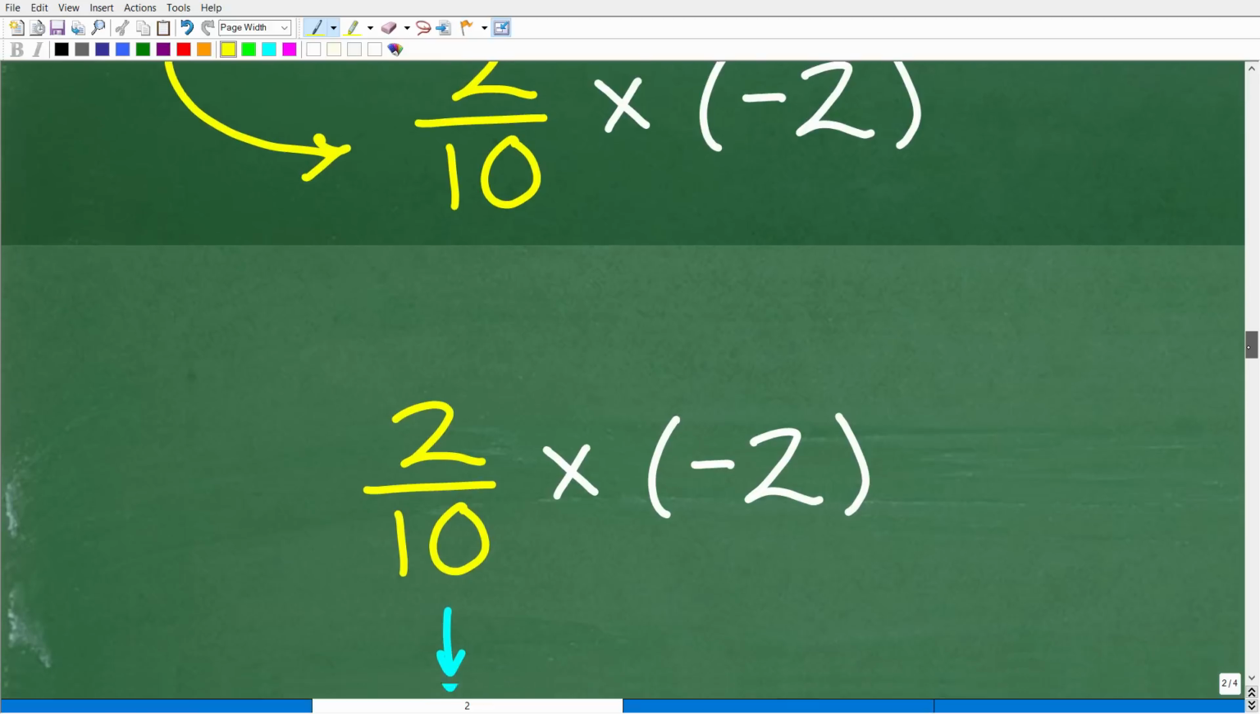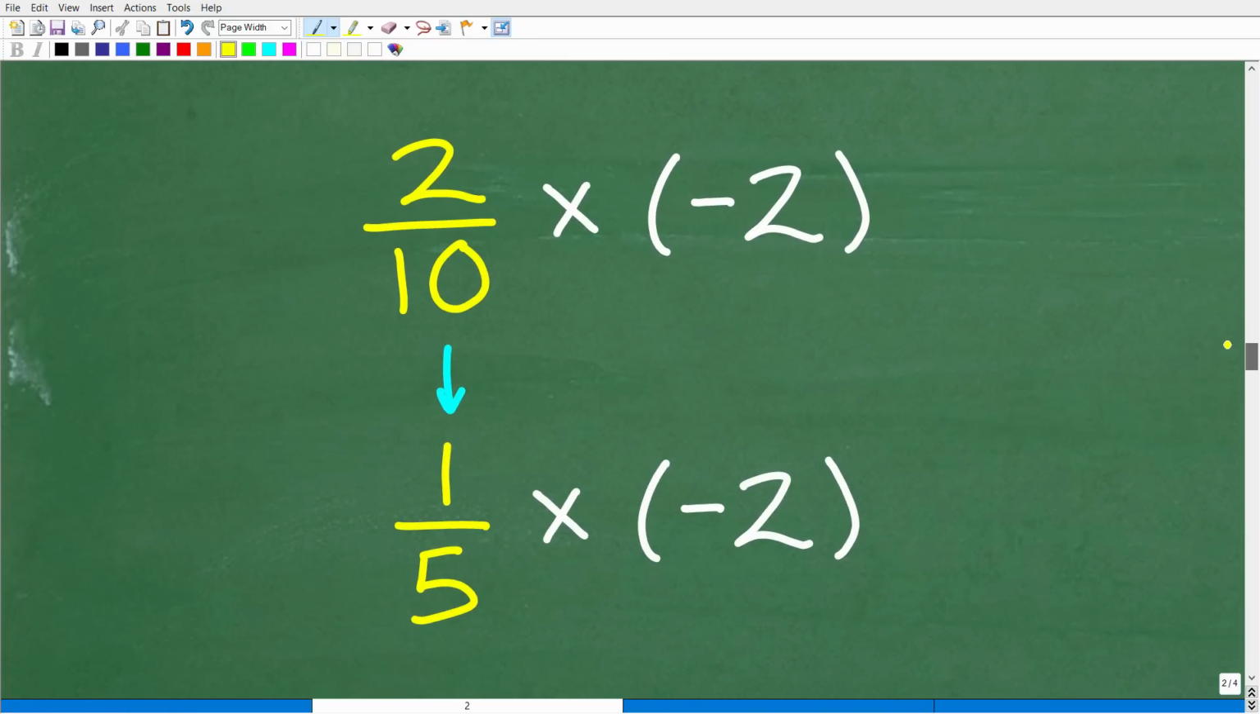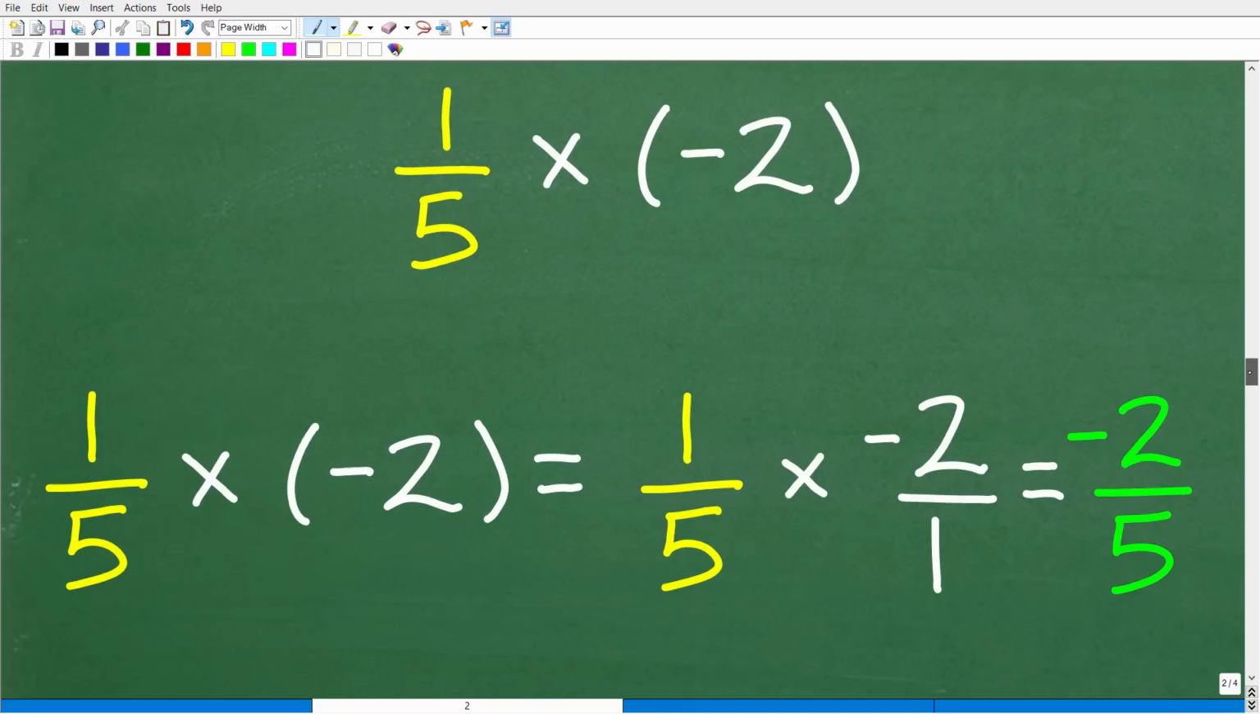Now we're talking about fractions, and to do this problem, it's always smart to reduce your fractions before you do anything with them. So 2 over 10 we can reduce to the fraction 1/5. So this is going to be 1/5 times negative 2. Pretty easy stuff. Remember, when you multiply fractions and you have a number like negative 2, think of negative 2 as a fraction, just put it over 1. Okay, so now that we have two fractions here, 1/5 times negative 2 over 1,